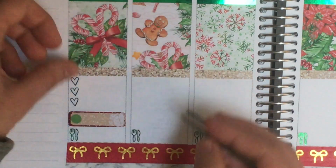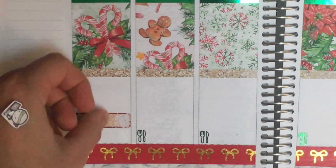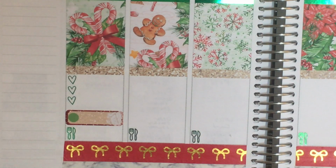It's super, super fragile, so any little thing you put on it will rip the ink instantly up. And it doesn't stick well for some reason. The stickers just don't stick well. You really have to push them down, and they're still sliding everywhere. Anyways,